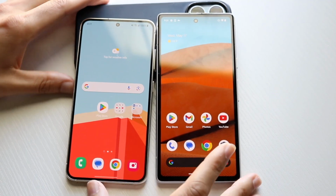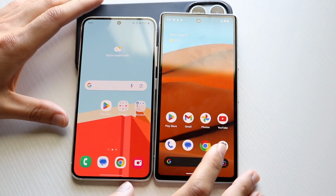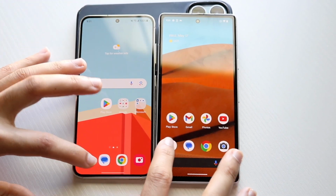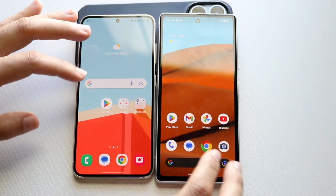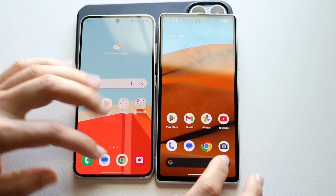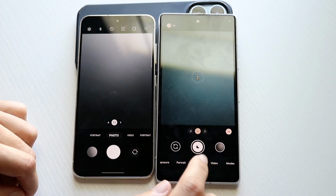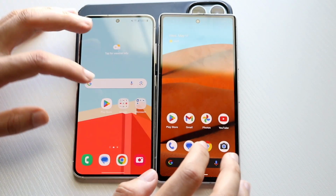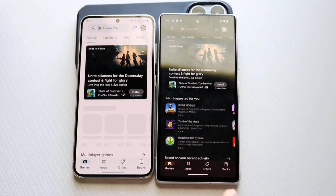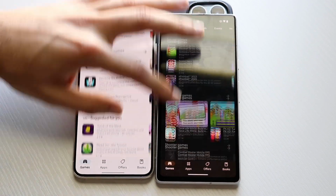Okay, there we go. All the apps are cleared out in the background except for this one, so let's get into it. Phone calls, 3, 2, 1. S23 is faster. Messages, 3, 2, 1. Kind of the same thing. Camera, 3, 2, 1. Okay, this one is on a night mode photo, so we'll just kind of skip this one. Let's get out of here. Play Store, 3, 2, 1. Very fast on both. Potentially the Pixel 7a was faster, but I did load into it earlier on that phone,